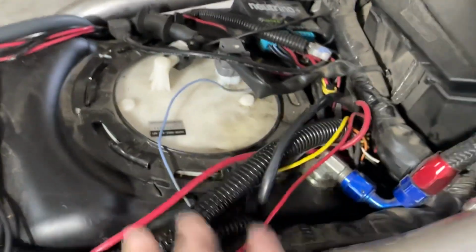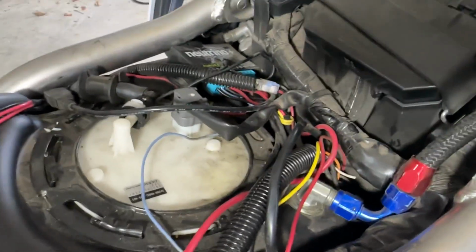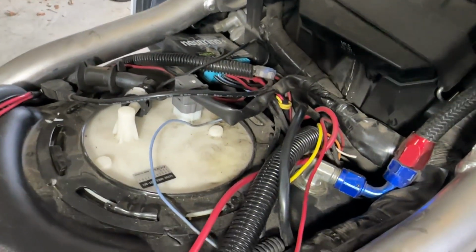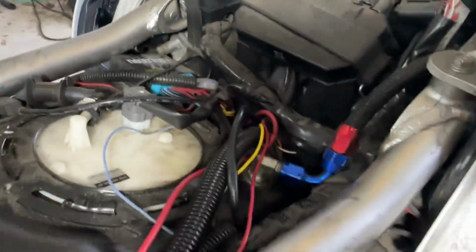But that's it. That's how I installed it. And my system is just a gravity fed system. There is no fuel pump. The fuel line, I don't know if you can see it,